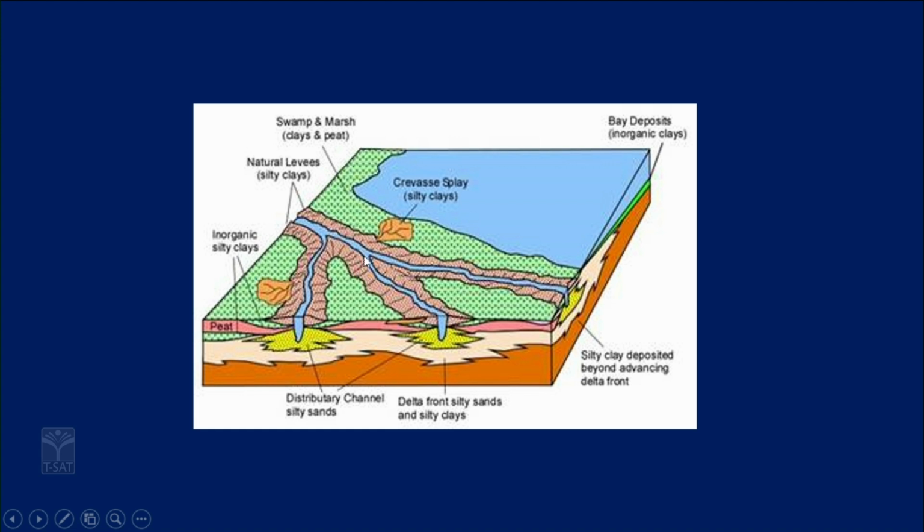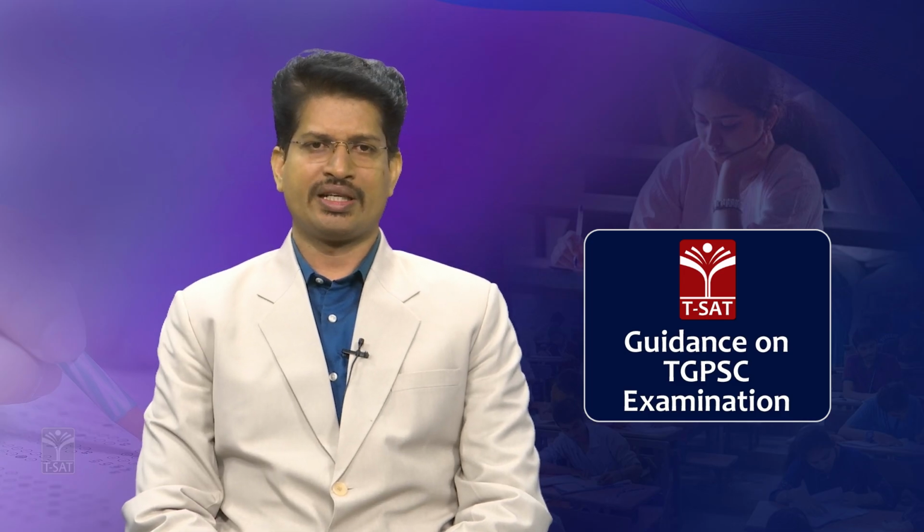deltas. See this here, the river is being divided into different directions. It may lead to the formation of a triangle. Here, the delta is being formed in the shape of a bird foot. That is the reason why this delta is described as a bird foot delta, because it is in the shape of a bird foot. This is in the case of an abandoned delta.